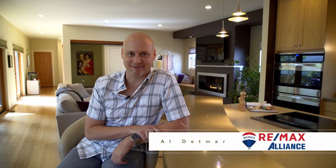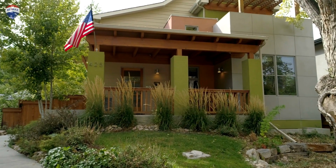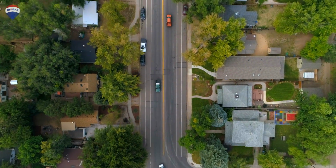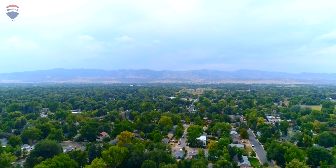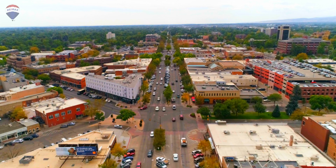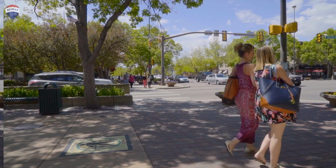Welcome to 425 Wood Street, Fort Collins, Colorado. This property is the prime example of modern architecture meets serenity. It's located just south of the Poudre River Trail, where it accesses cycling and hiking. It's also just a few blocks west of Old Town Fort Collins, where you can enjoy wonderful dinners, art galleries,